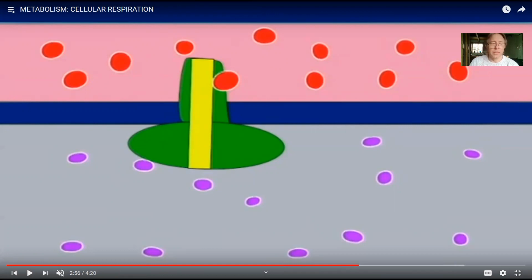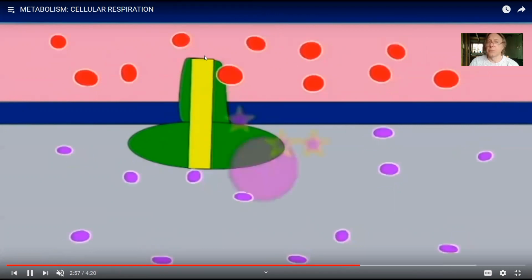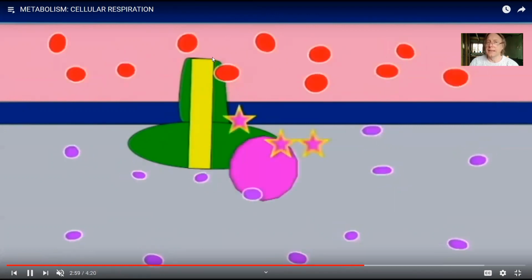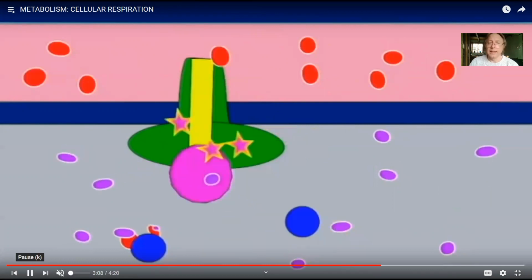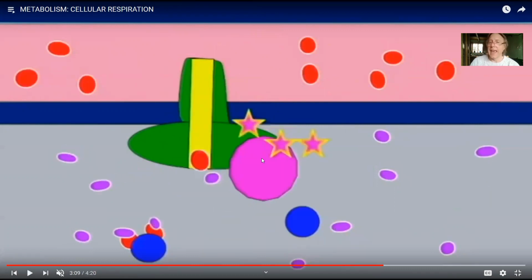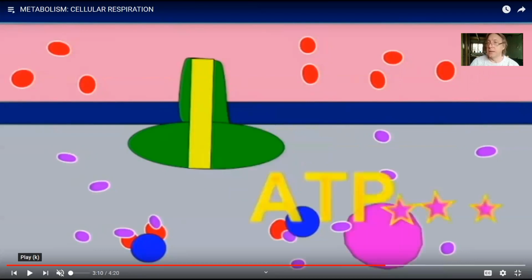And so the hydrogen ions in the inner membrane space, they want so badly to get to where the electrons are that they're willing to go through this turnstile. And we're just now going to make a little bit of work get done as they do this. So if this is ADP and this is a phosphate, then as this turns, when a hydrogen ion goes through, now you generate a molecule of ATP.